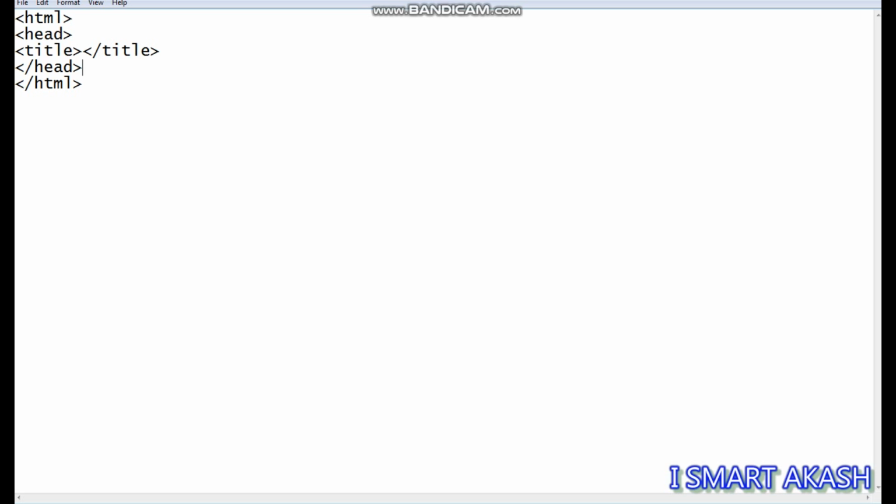Let's write the body, open tag body, close tag. This is the basic syntax of HTML.